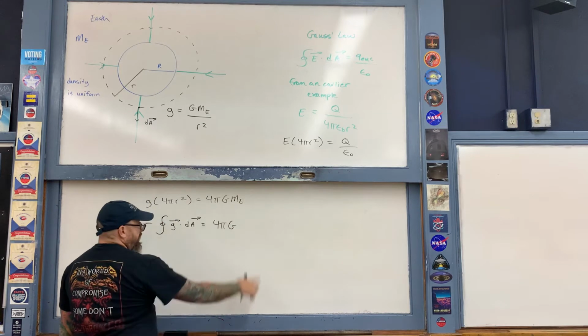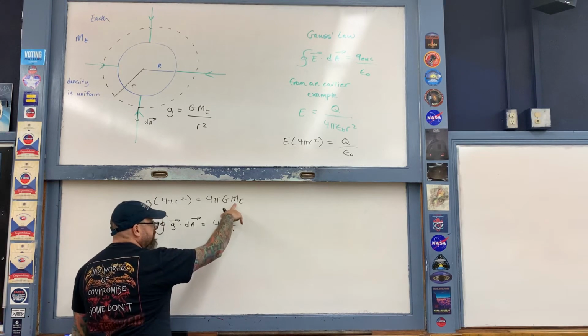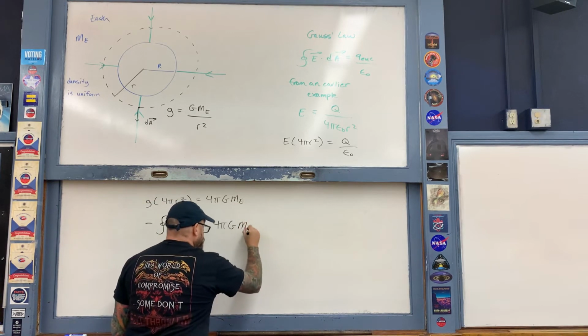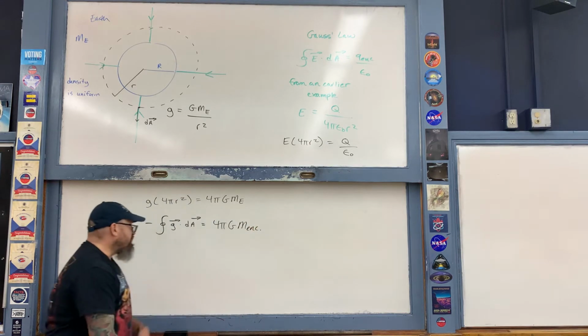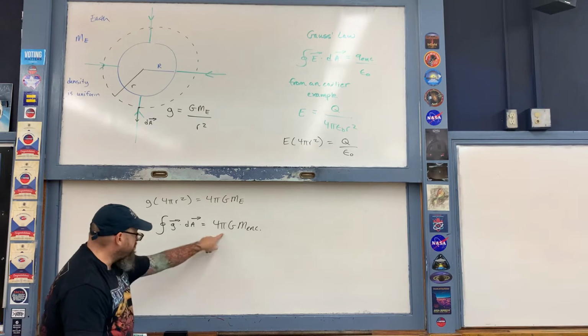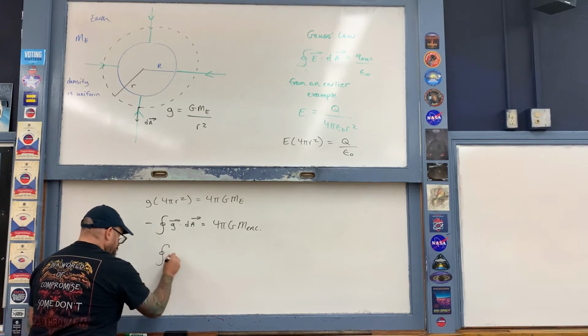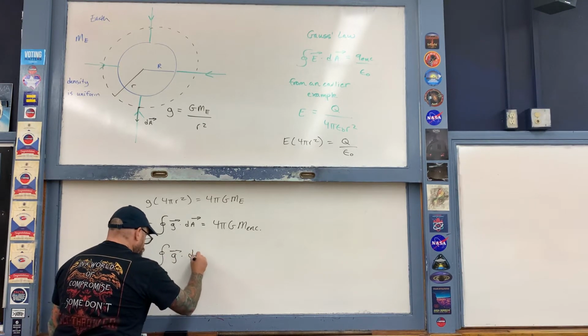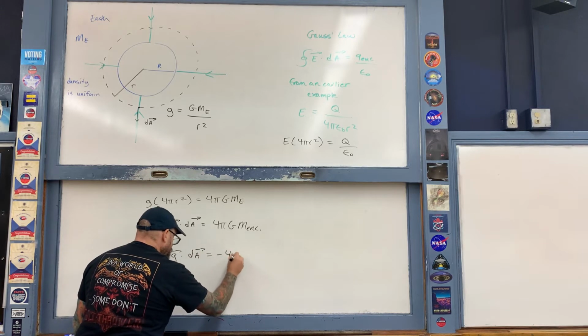Like so. And then replacing the total mass of the Earth, I'm just going to write this as the mass enclosed. More times than not, by the way, when writing Gauss's law of gravity, you'll use the negative sign here on the other side of the expression. That's most of the time how it's written in various textbooks. That is